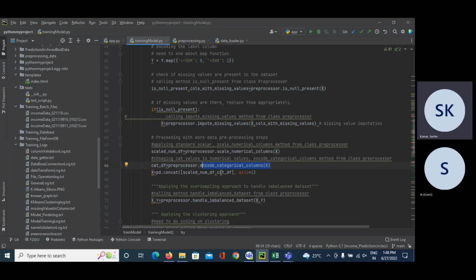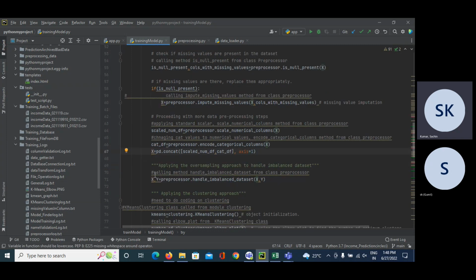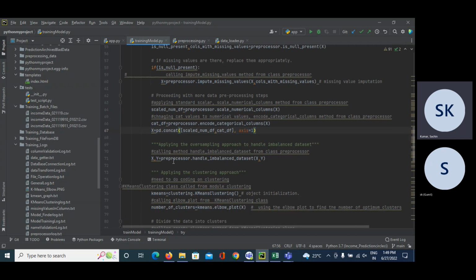I will bring the output of the numerical column method and the output of the encoding categorical column method, cascade them, and save them to a variable which is x. I'm cascading column wise, so I've given axis equal to 1. Okay, so once this is done,